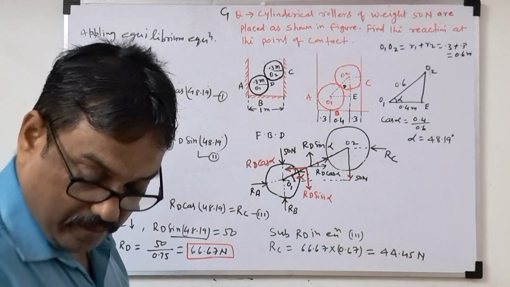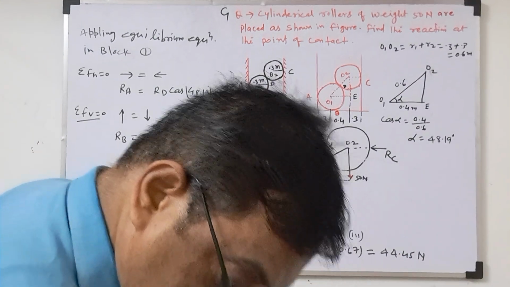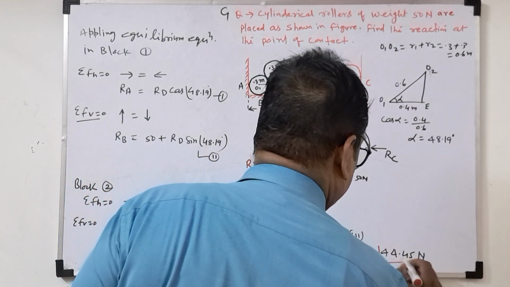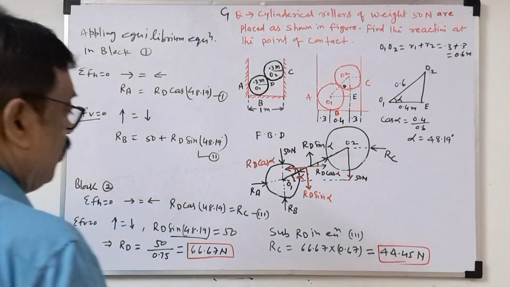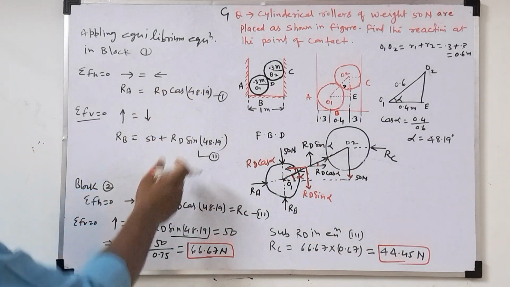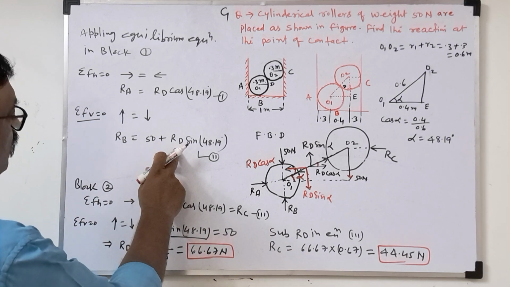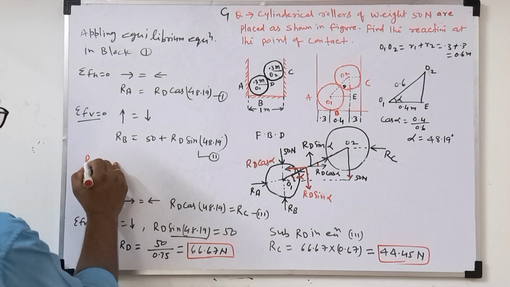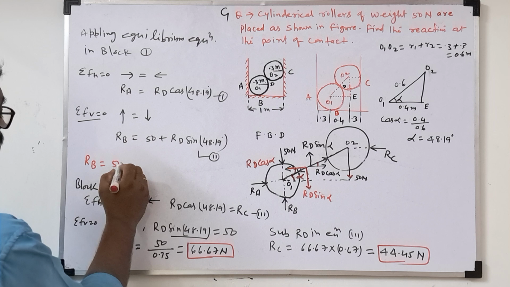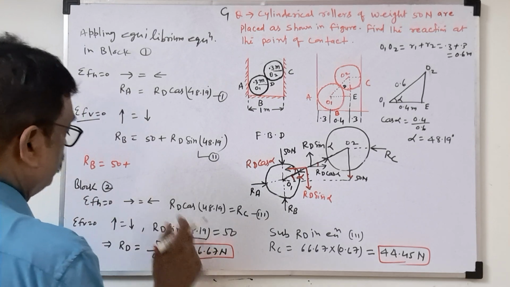So now you know the Rc value. Now we'll come to equations 1 and 2. Here we know Rd, so we can get Rb. Rb is equal to 50 plus Rd,